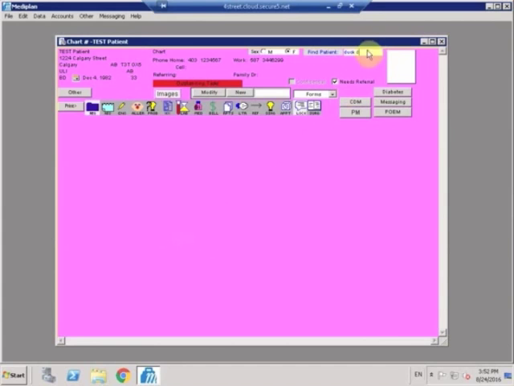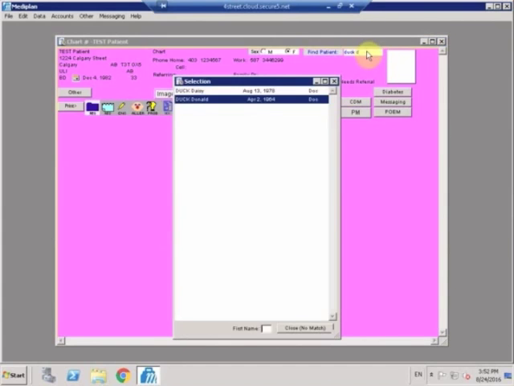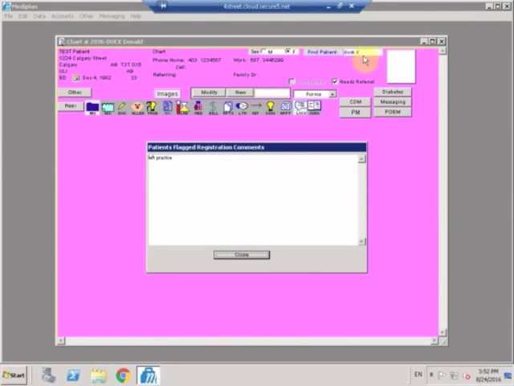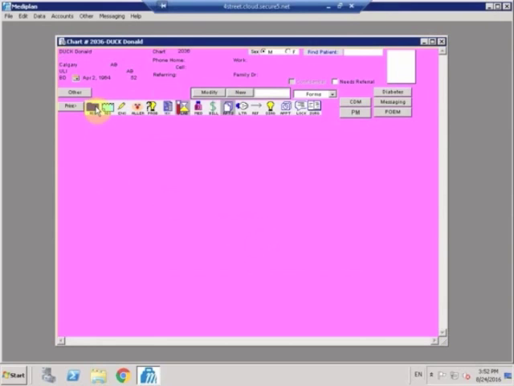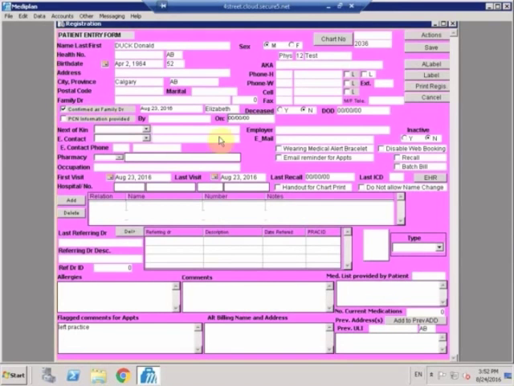So I'm going to search for a patient here that I have prepared, and as you can see, when I search for this patient, a flagged comment shows up saying left practice. A lot of clinics will use this as a tool to indicate that a patient has left the practice, but they don't necessarily indicate in the registration section that that patient is inactive. This is a very helpful section to demonstrate that, because the flagged comments for appointment section is down here and